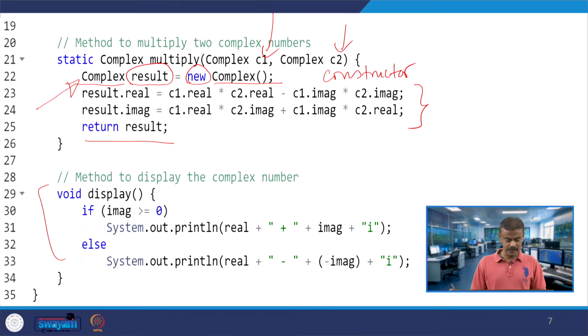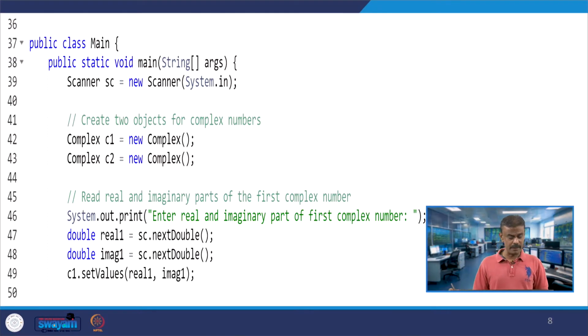So, here it will be the method, and the method will give you the real plus i into imaginary, and then I go to the main program. So, the main program is a driver class; the driver class has main almost like in C++, int main. Here the syntax is static void main; you know the meaning of static. This we will see slightly later, the String arguments, the String array of arguments.